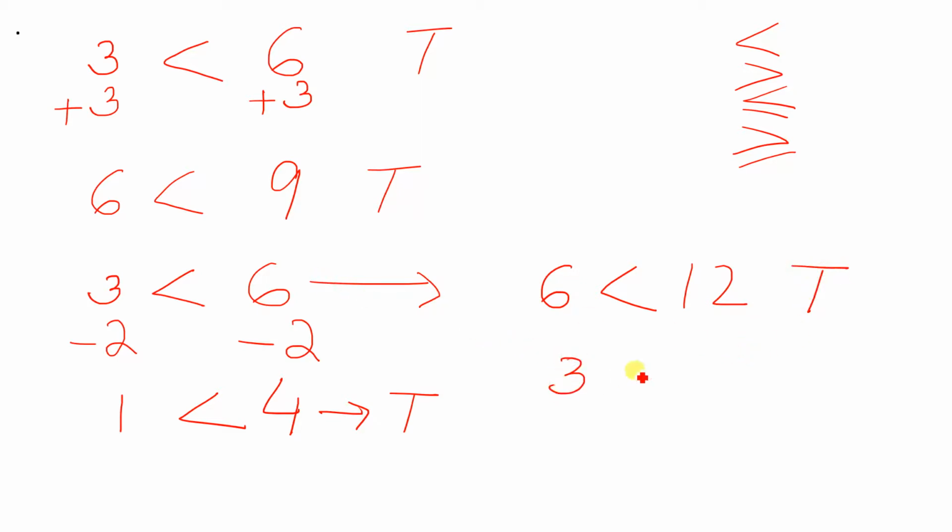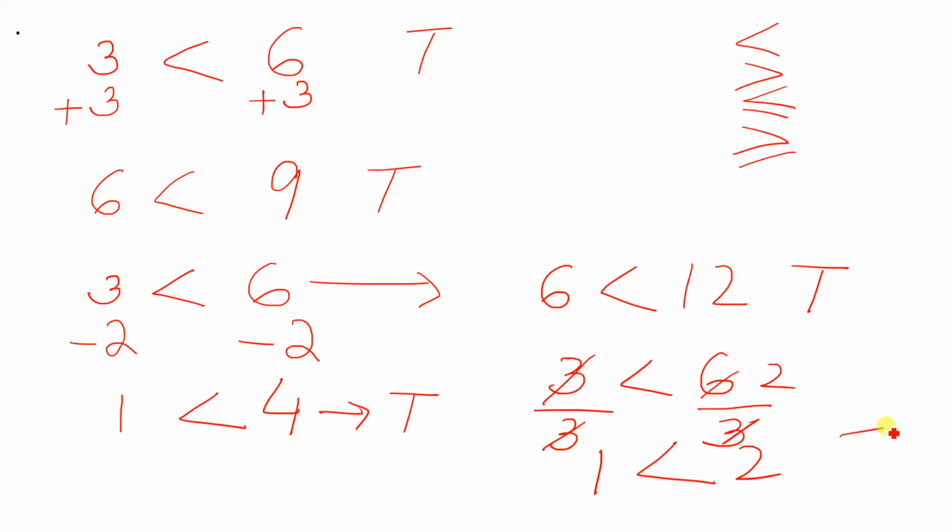Same question, 3 is less than 6. If I divide both sides by 3, it is 1 is less than 2, which is true. It means if the numbers are positive on both sides of the inequality sign, if you add, subtract, multiply, or divide, you will always get a true answer. Now move on